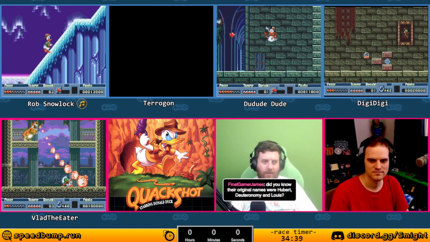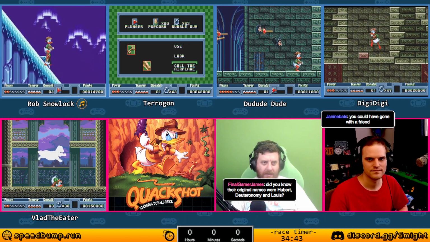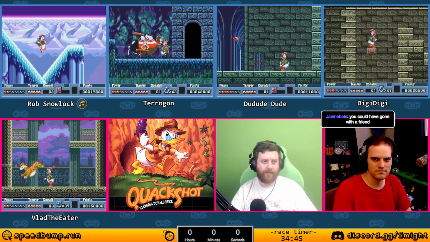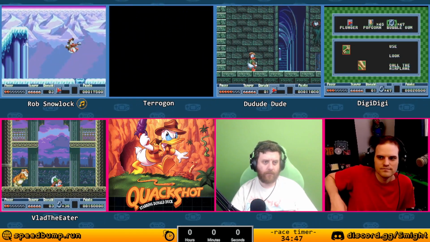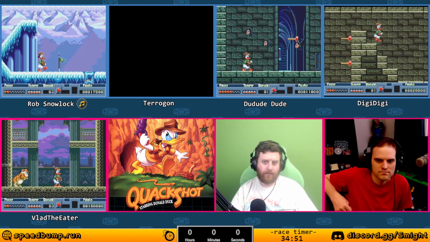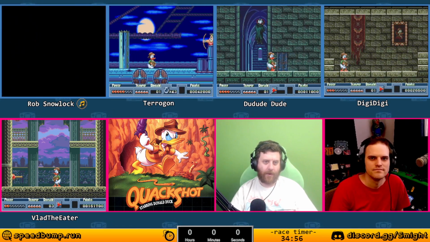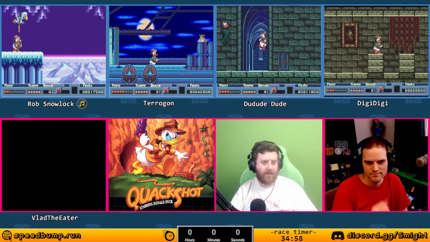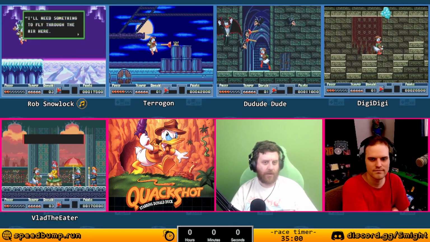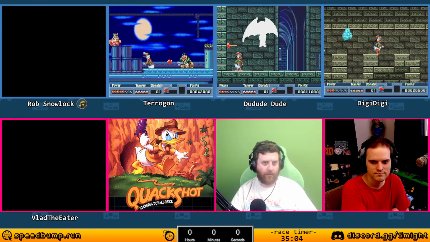Yeah, we definitely won't be able to use just points as our measurement because you can game over and continue, and that resets your points. I'm not exactly sure that we've thought through how we're going to record this race because I don't know how we're going to measure progress. Tarragon, I think, is doing the levels in a different order because I don't think Rob's...